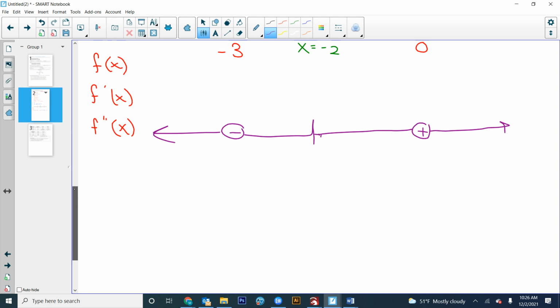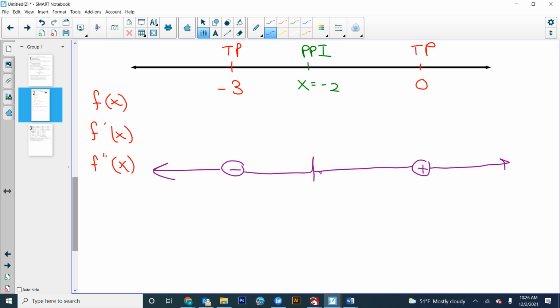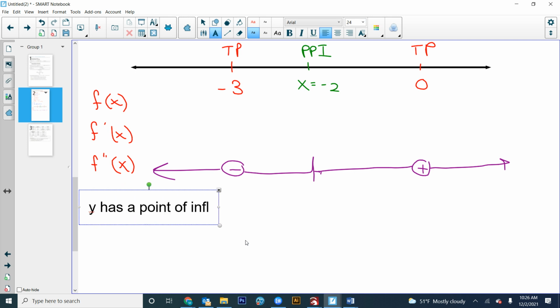I'm going to take the time to do it because I want you guys to do it right. When it says justify, which that practice quiz says to justify, let's practice. We're talking about y has a point of inflection at -2, to be determined. Because,